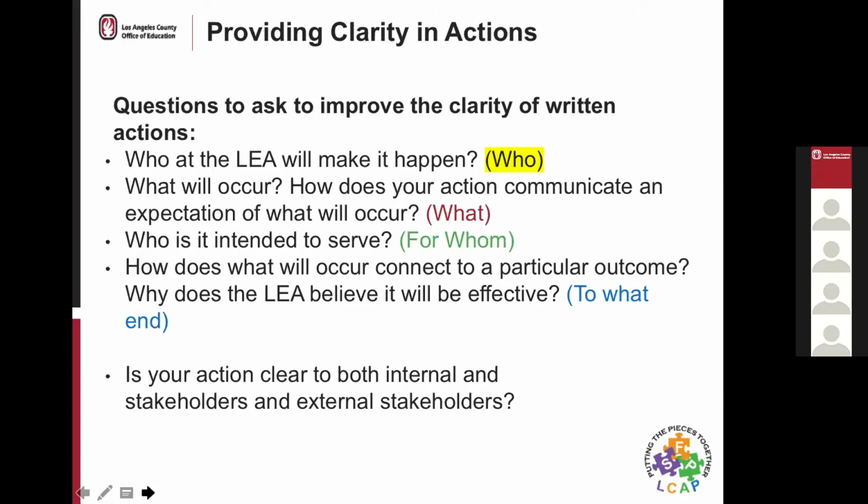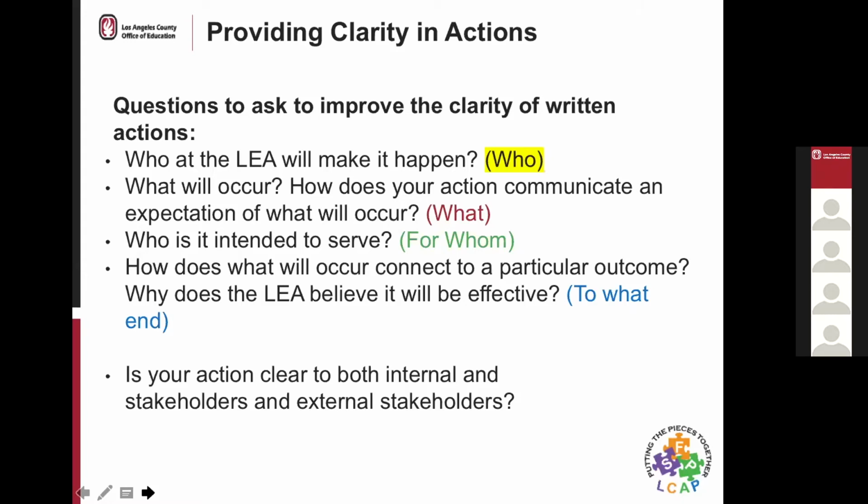And then the what will occur. Here we look for a certain level of specificity. One thing to keep in mind is whether an external stakeholder reading the action would be able to understand to some degree what can be expected to happen. Perhaps not to a level of being able to replicate it exactly as you do, but there should be enough detail to understand what we might expect to see from that action to impact student outcomes. And for whom: